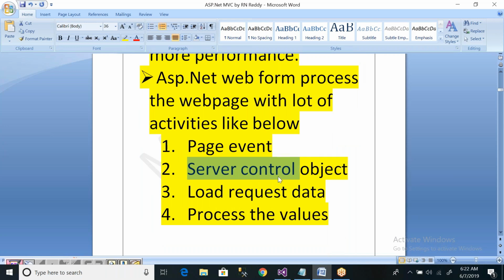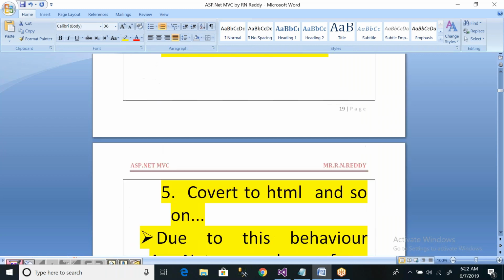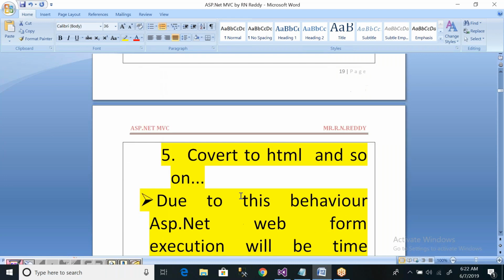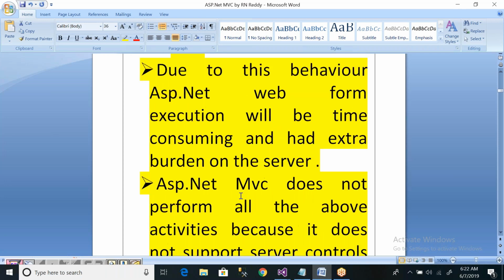All your ASP.NET controls are server side. Load the requested data, process the values, convert to HTML and so on. Due to this behavior, Web Form execution is time consuming and an extra burden to the server.